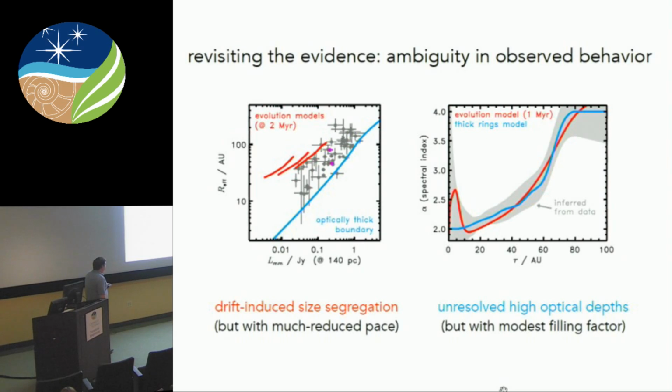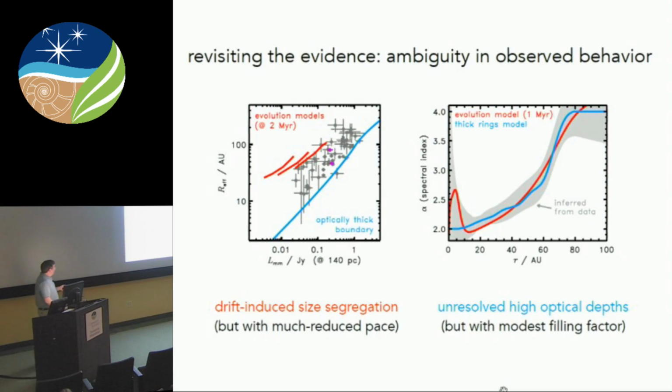It's just as likely in terms of these kinds of observations that you just actually do have some mitigation of drift. You reduce the pace of radial drift, and then these models can align perfectly with this thing. But in order to reduce the rate of drift, we think you have to introduce substructures. And if you introduce substructures, you probably are trapping enough particles that you get thick. So I'm not sure you can reconcile this completely with these models without hitting this optically thick suggestion.